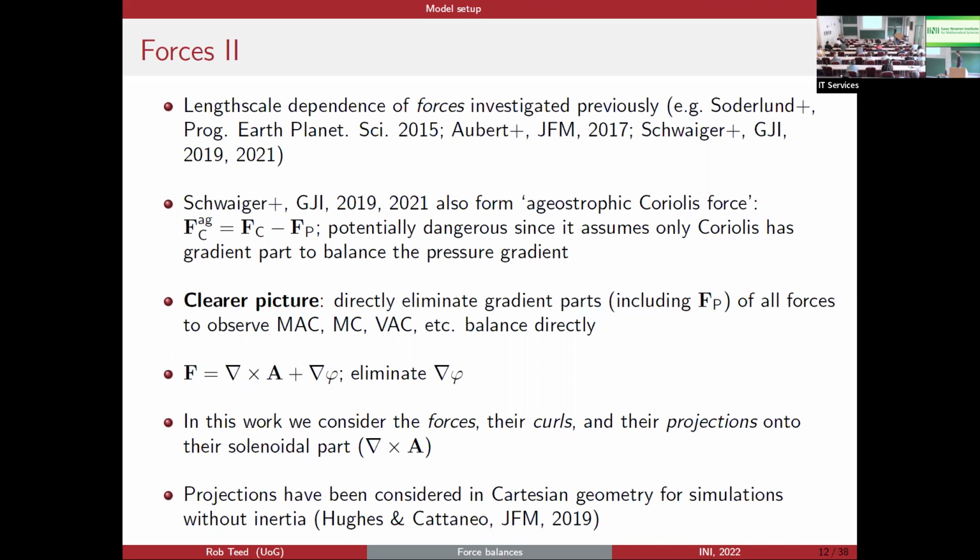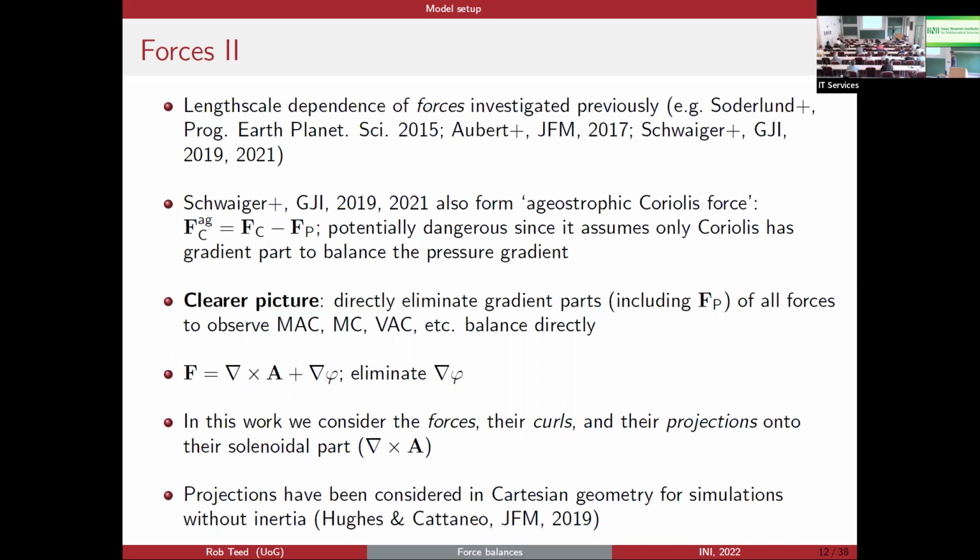if in some regimes or at some length scales you're not geostrophic, then the gradient part of the Coriolis force won't be balancing the pressure gradient. It'll be balanced by some of the other forces as well. So I think a clearer picture is to directly eliminate these gradient parts. Obviously that kills the pressure gradient immediately, and it kills, in an ordered mathematical way, all of the gradient parts of all of the forces. So you are then only left with the solenoidal parts, effectively, or some representation of the solenoidal parts of the forces,